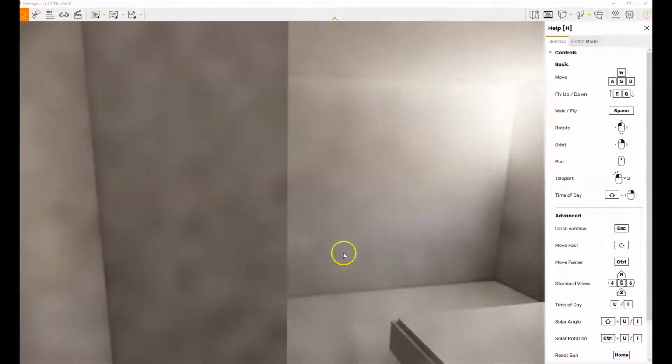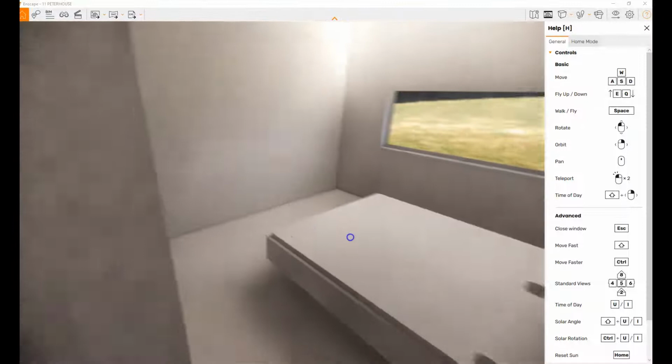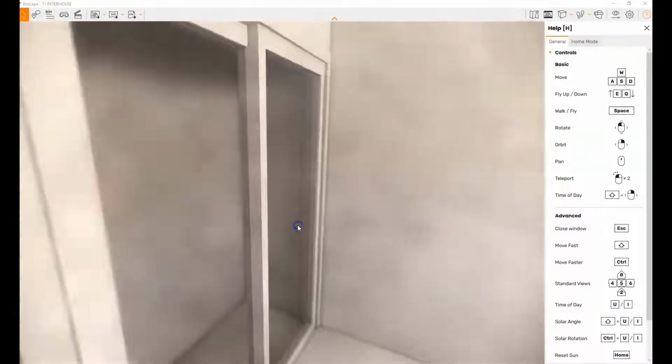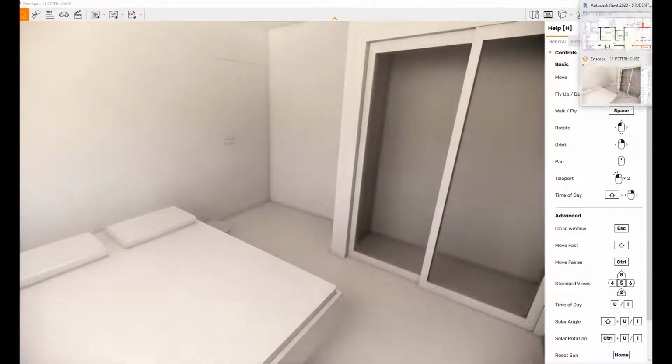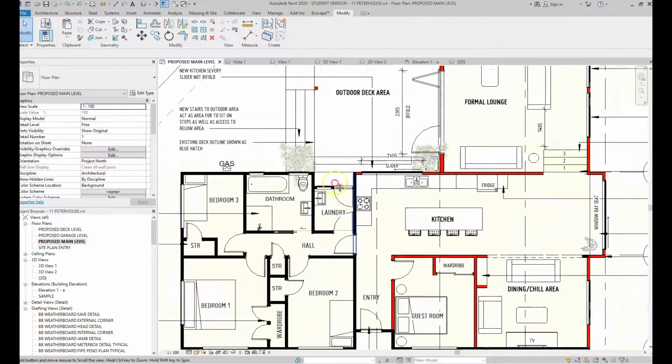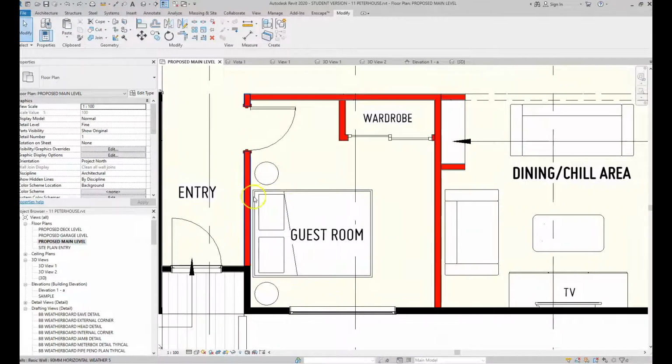if we walk in, I've put the bed on this wall and the wardrobe there. The reason why is, I believe, and I'll jump between the plan and the 3D, this room is basically width-wise within a standard room. Length-wise is quite generous. So it makes sense for the wardrobe to be either on this wall, or